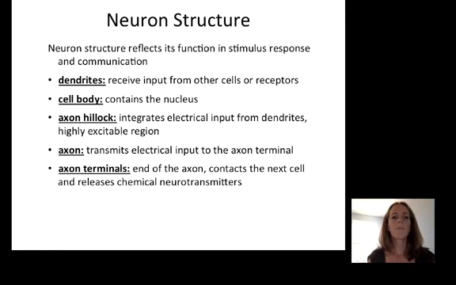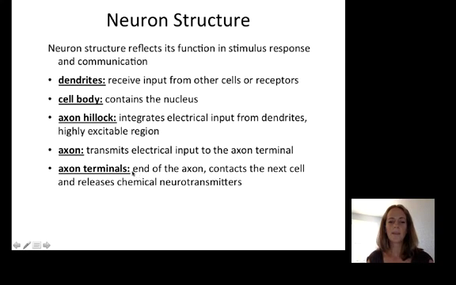Okay, so back to neuron structure. The dendrites receive input from other cells or receptors. The cell body contains the nucleus. The axon hillock will integrate electrical input from the dendrites. It's a very highly excitable region. If we get enough electrical input, it will initiate an action potential, which will transmit down the axon to the